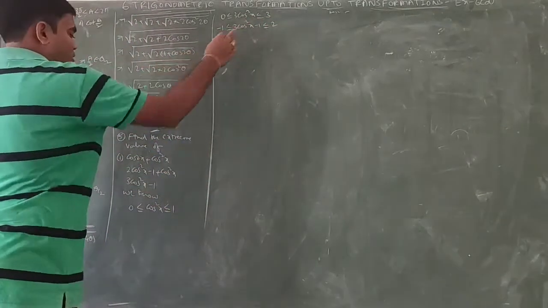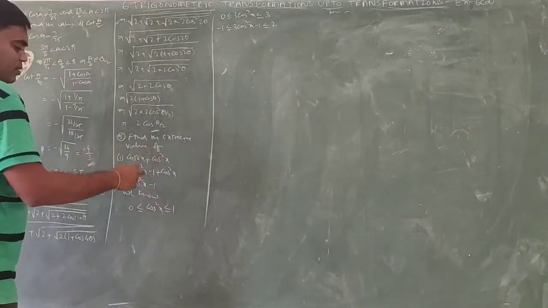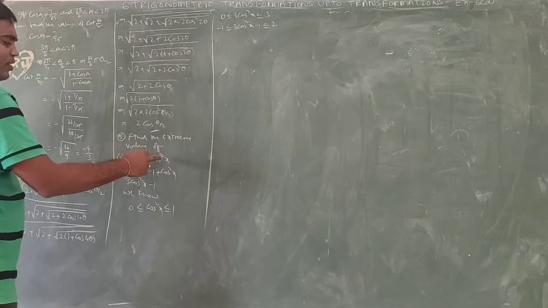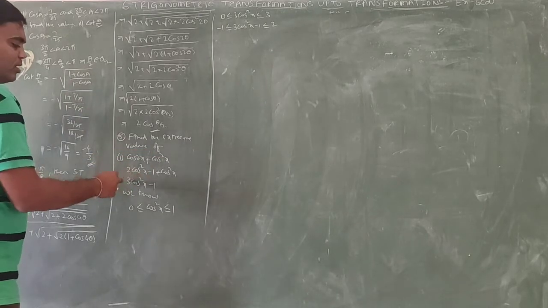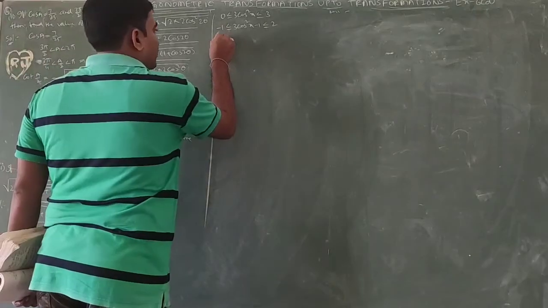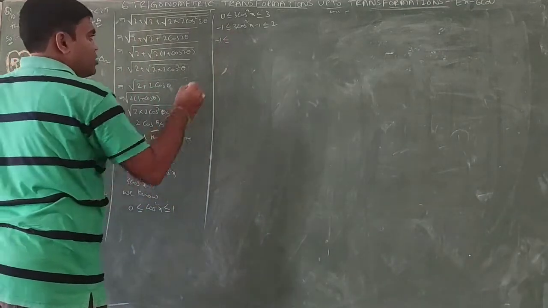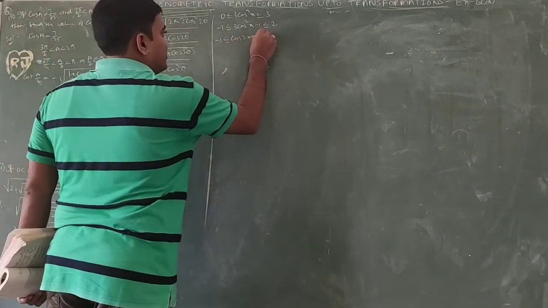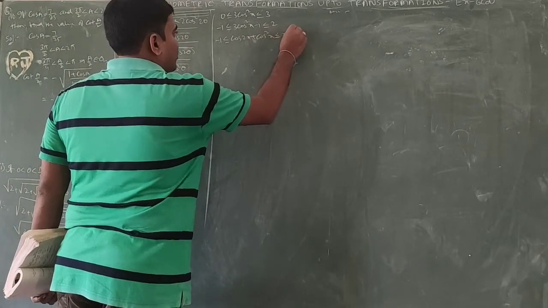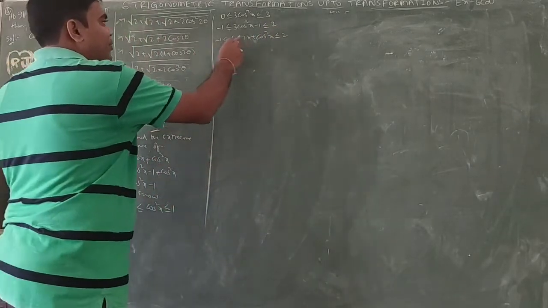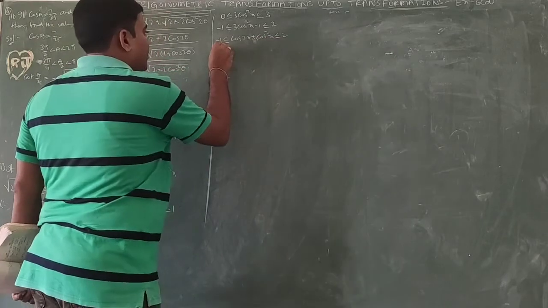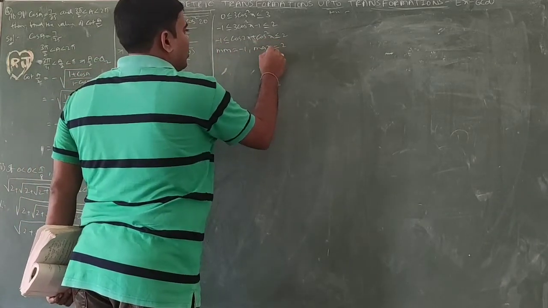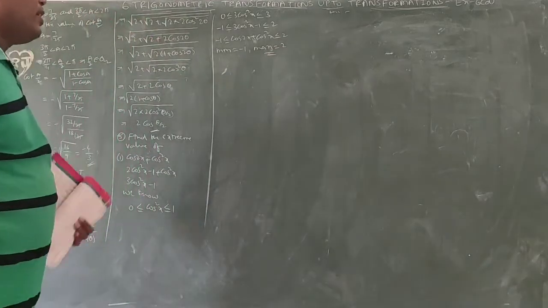What is 3 cos square x minus 1? This one. We got this one. If we simplify this one, we will get this one. So this is equal to this. So minus 1 less than or equal to cos 2x plus cos square x less than or equal to 2. So this is the minimum value, this is the maximum value. Minimum minus 1, maximum 2. So these are the extreme values.